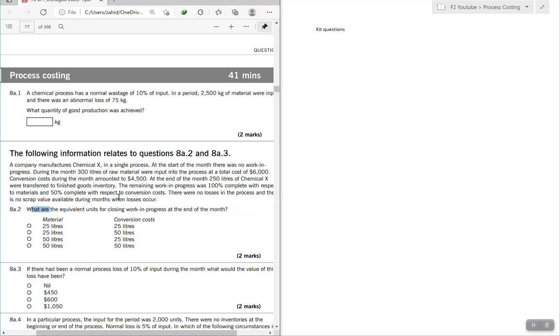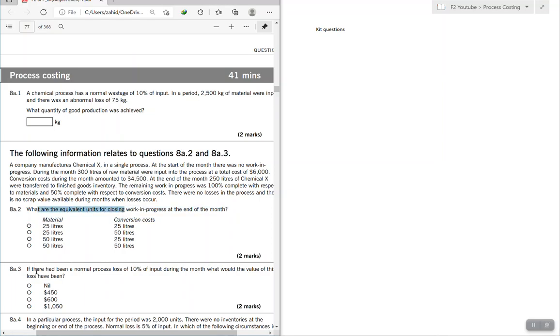At the end of the month, 250 liters of chemical X were transferred to finished goods inventory. The remaining work in progress was 100% complete with respect to material, 50% complete with respect to conversion cost. There were no losses in the process, and there is no scrap value available during the month when losses occur. So now we will answer specifically what the question requires, which is what are the equivalent units for closing work